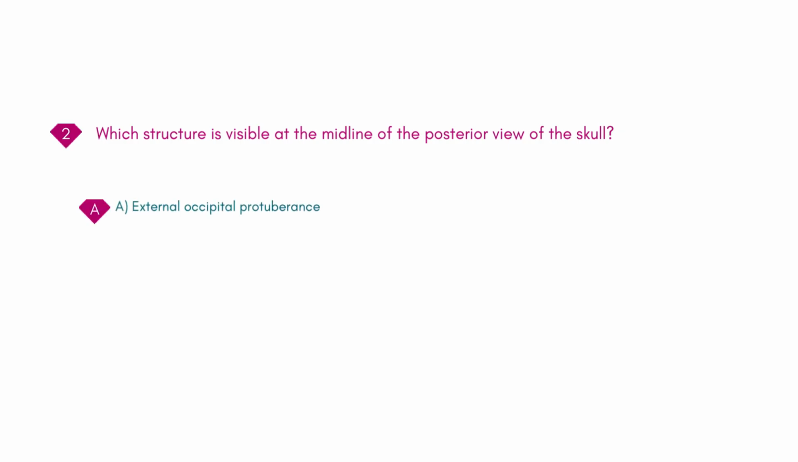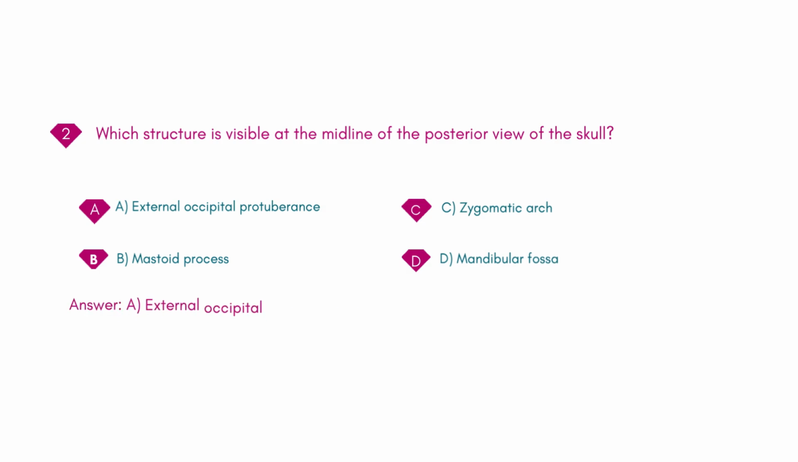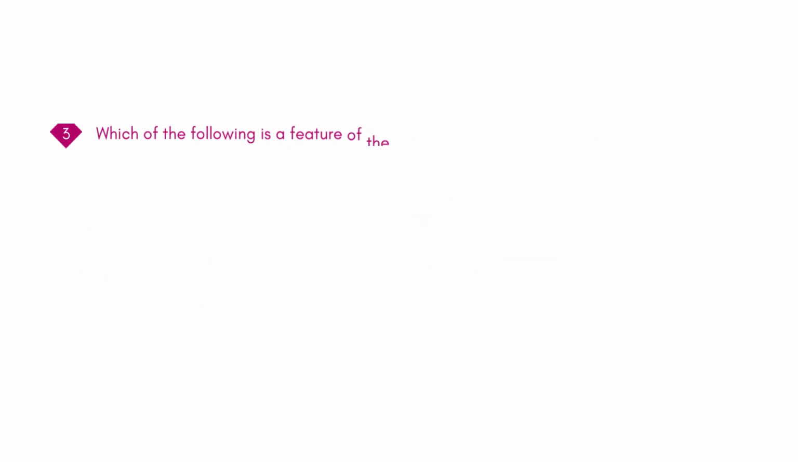A. External occipital protuberance. B. Mastoid process. C. Zygomatic arch. D. Mandibular fossa. Answer: A. External occipital protuberance. Which of the following is a feature of the occipital bone in the posterior view of the